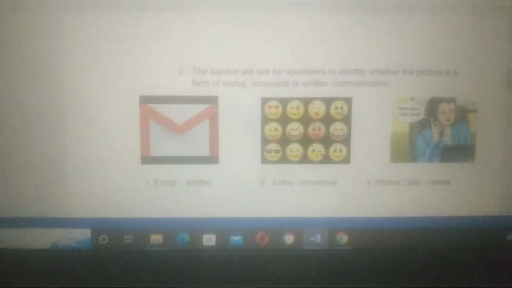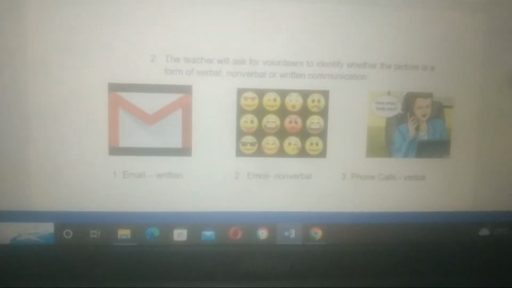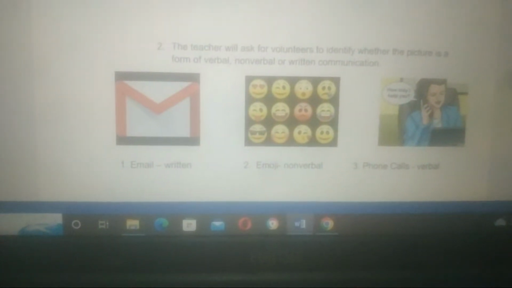Second, the teacher will ask for volunteers to identify whether the picture is a form of verbal, non-verbal, or written communication. As you observe, the first picture is an email,